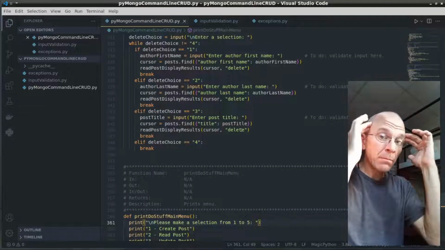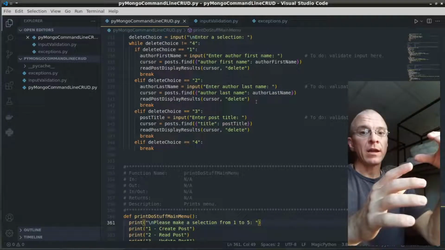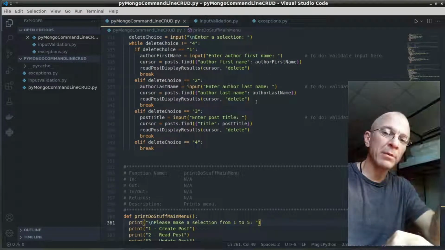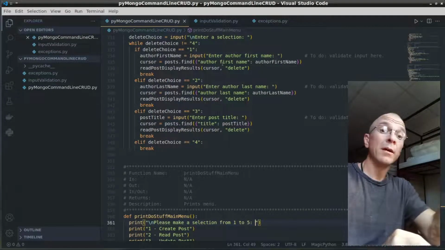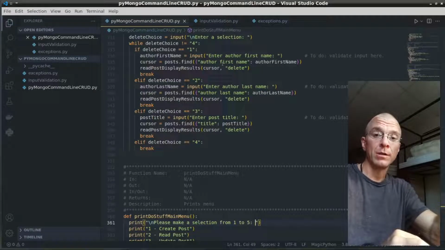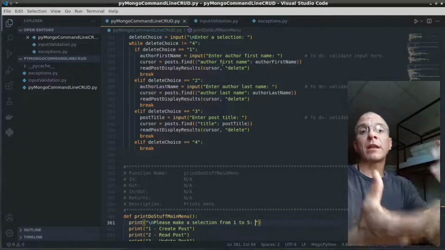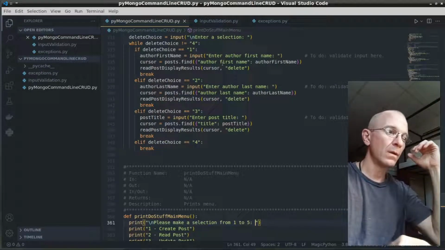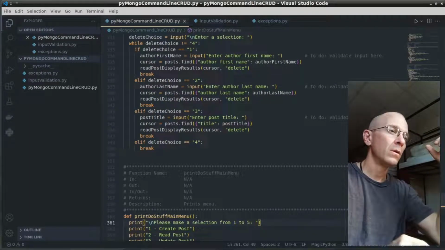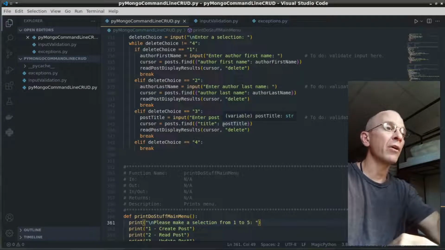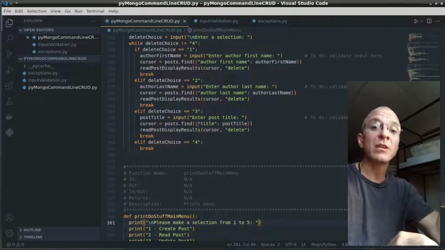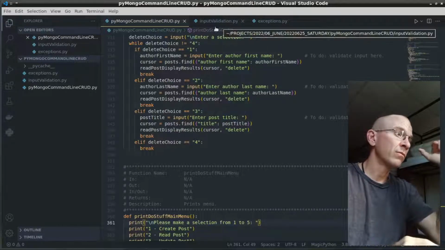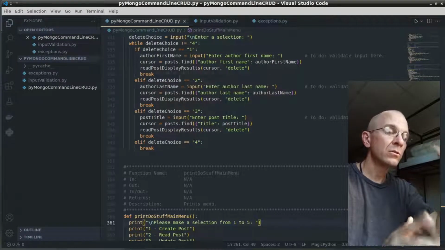I don't have to think about validate first name, validate last name, validate the post title. I don't have to think about any of that in my application. So you see, I'm kind of building a library. That's the mindset that I'm trying to use here. I'm trying to build this library function, this accessory function, these functions in the input validation,